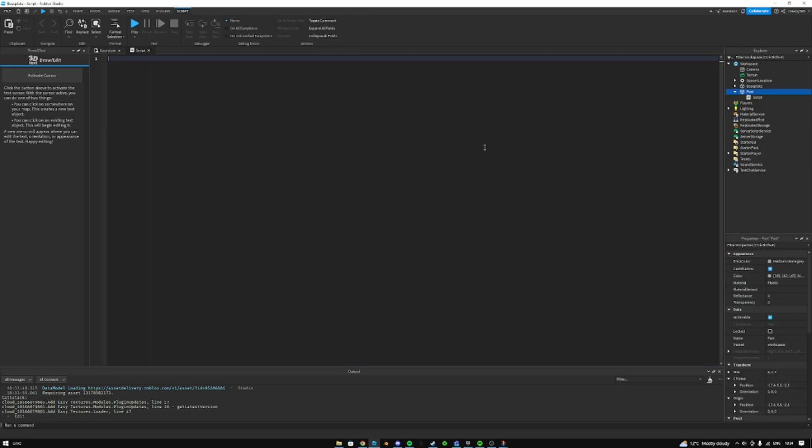In this script I can do script.Parent.Touched:Connect(function). So when the part is being touched, it runs this function, which we will make change the color of the part. When it's touched, if we put hit into the brackets, if hit.Parent:FindFirstChild("Humanoid"),